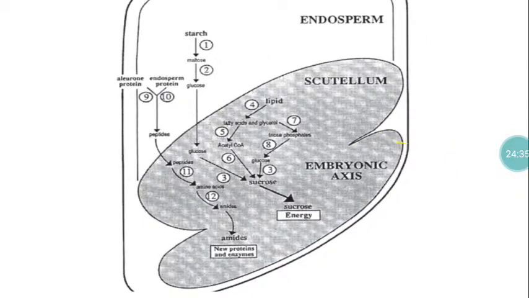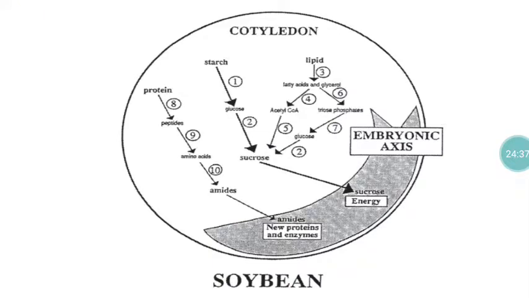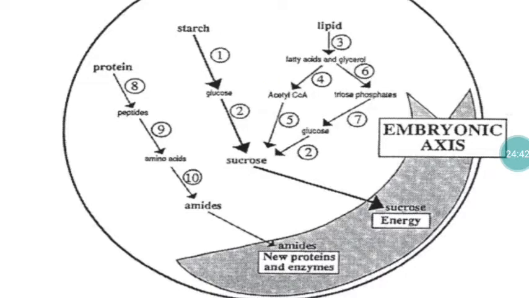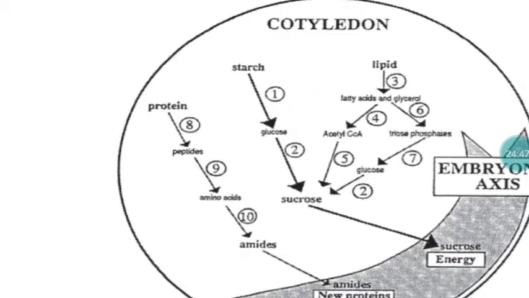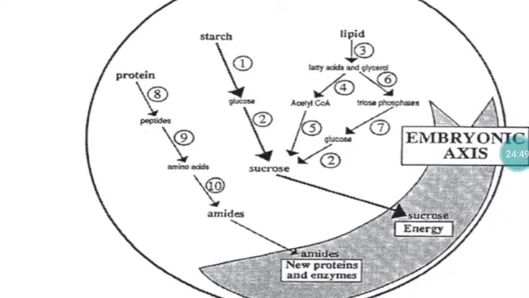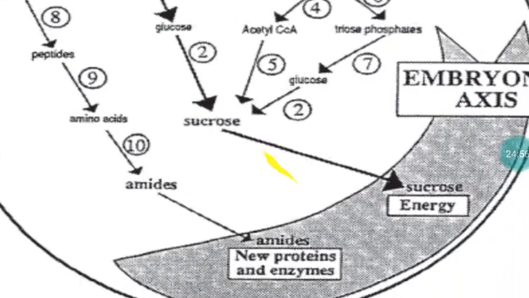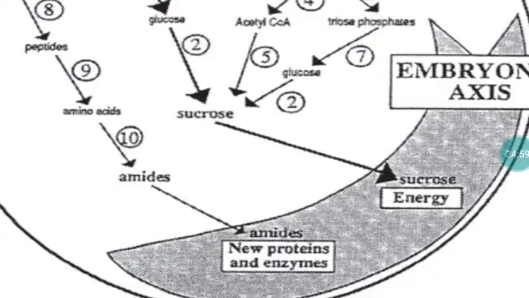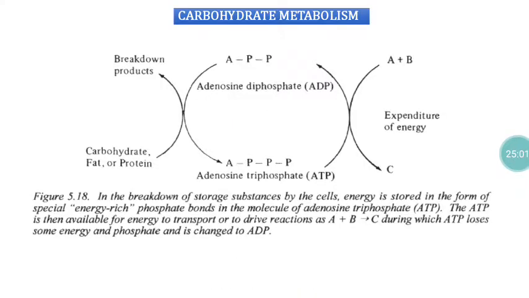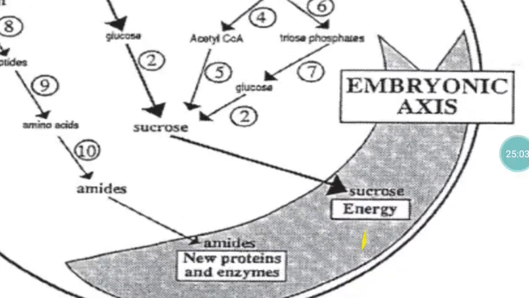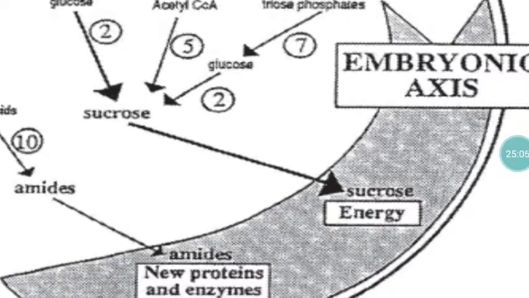A similar kind of event also occurs in the case of a dicot. So this is a soybean. The same event occurs here. There, the food material is stored in the endosperm. Here, it is available in the cotyledon. So here also the same event: the starch, with alpha amylase and beta amylase, will be converted to glucose. Again, glucose will be converted to sucrose for easy transport. Again, that sucrose reaches the living area of the primary embryonic axis. So the primary embryonic axis will undergo the glycolysis process that leads to generation of ATP molecules.